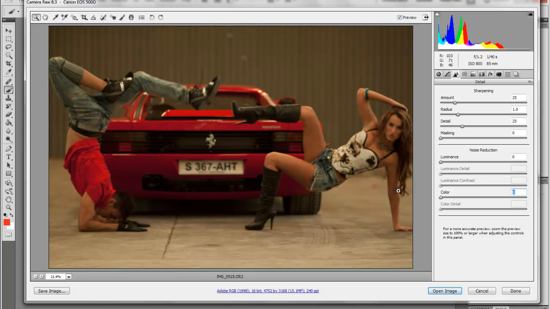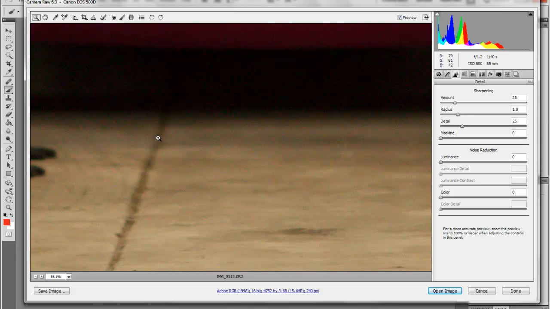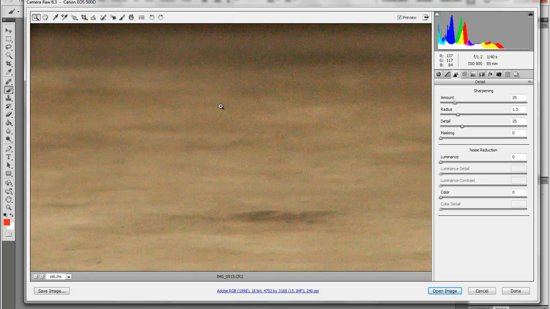Okay, we have an image here which has got some issues with noise. Now, this is not my photograph. This is a photograph that's been sent to me by a photographer that would like to know how to do this. You can't really see it when it's just the image there itself, but when you get in nice and close, let me come in even a little bit closer here, you can really see this sort of blues and